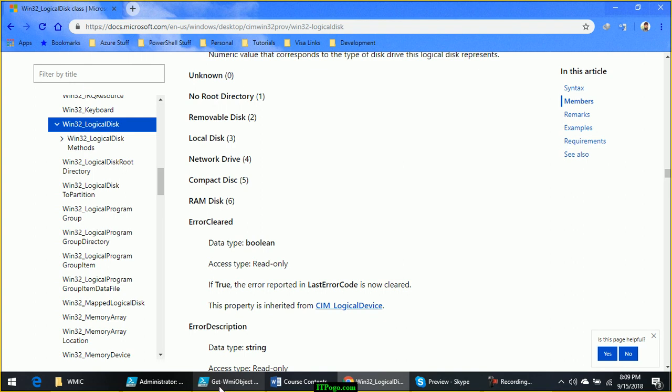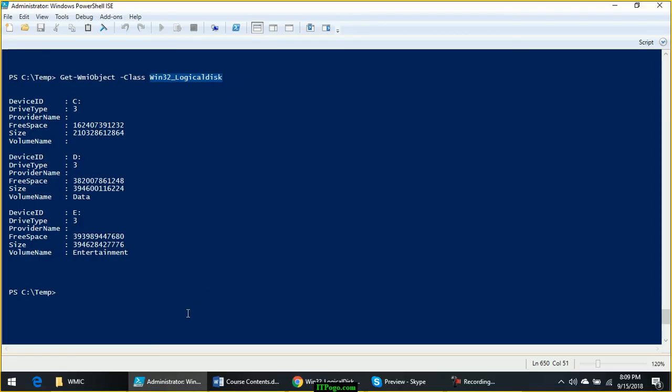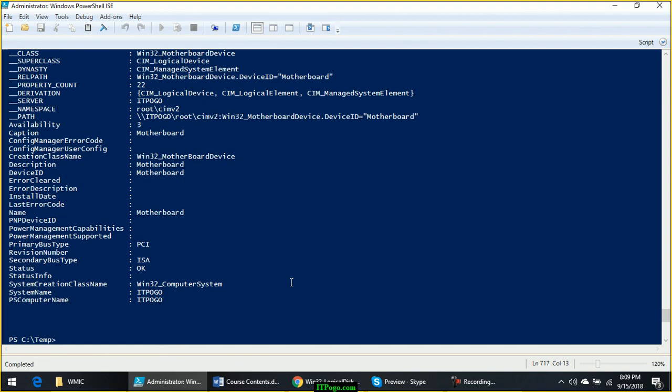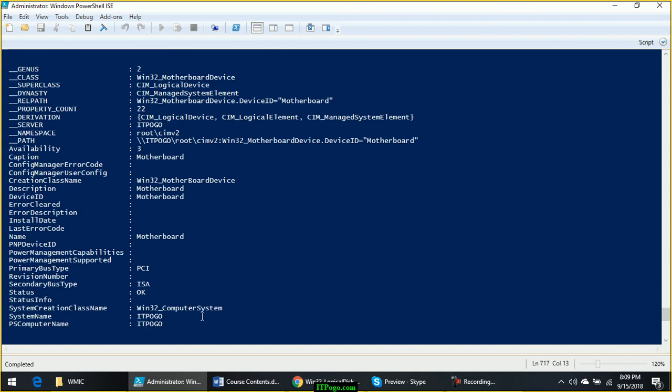And whenever you look at any class in PowerShell, like if you look at Win32_MotherboardDevice, you will see something else. Here you have some other things like Availability.